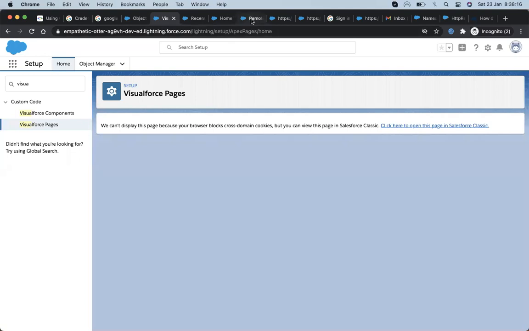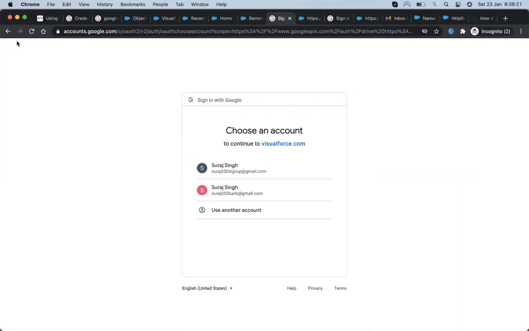Let me regenerate the code because the code is valid for a single use. Okay, I got the code.